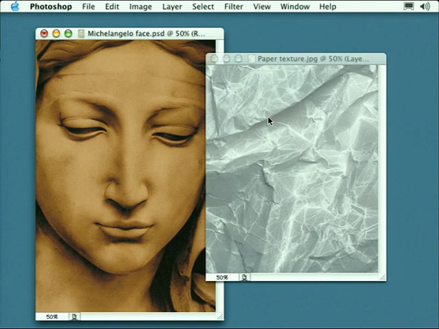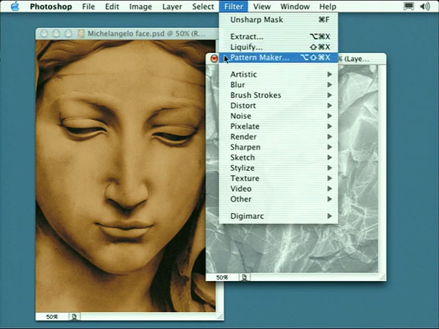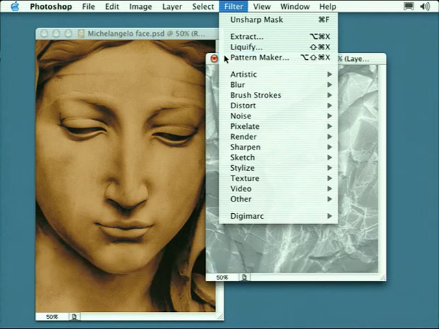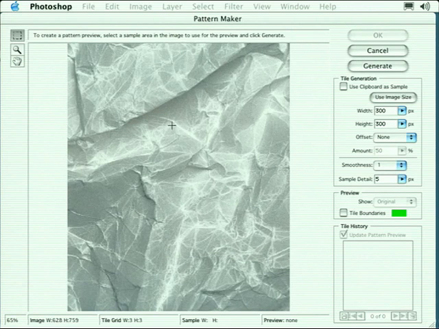So let's start with the paper texture here. I'm going to bring that image to front, and then I'm going to go up to the Filter menu and choose the new Pattern Maker command, which also has the keyboard shortcut Command-Shift-Option-X or Control-Shift-Alt-X on the Windows side. Now notice when you choose this command, you bring up this immense dialog box that basically amounts to a pattern-making